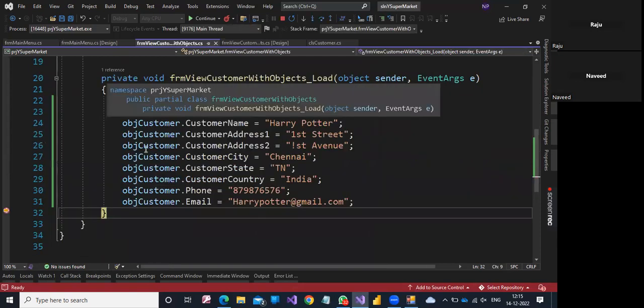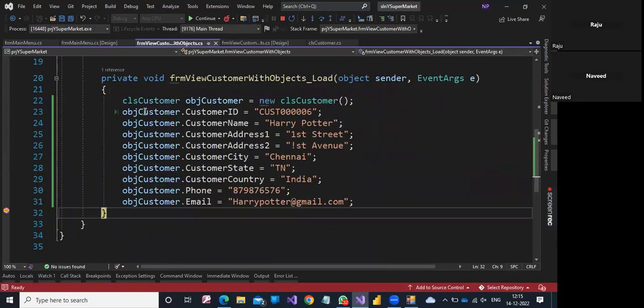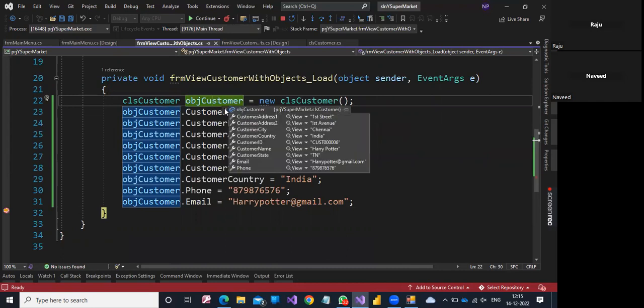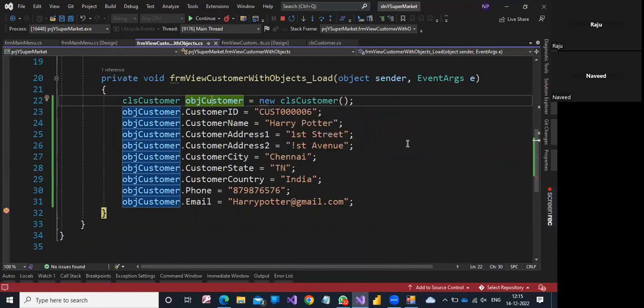Now it comes and talks. If I hover over this OBJ customer, I will get something like this, OBJ customer, and I go here. Now you can see all of this is filled up with the details I've already put here: customer address, the name and the ID, everything has been filled up properly. So this is how